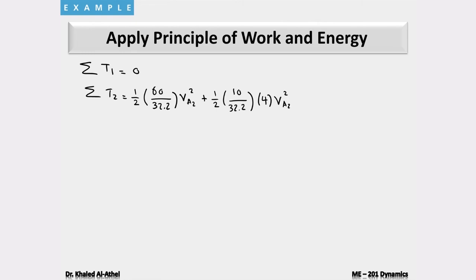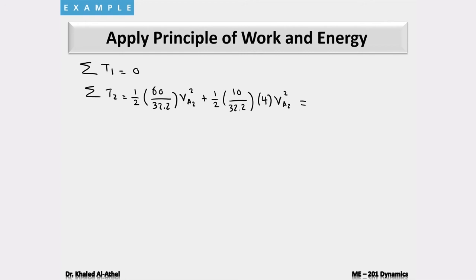Now, this should equal, if you equate everything together, you have VA as a common factor, you have the half as a common factor, so you have 40 plus 60, you get 100 over 2, you get 50. So you get 50